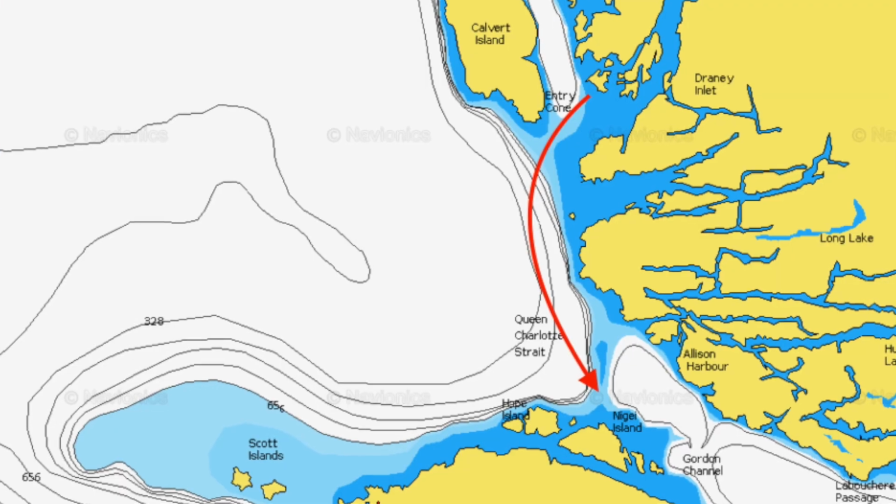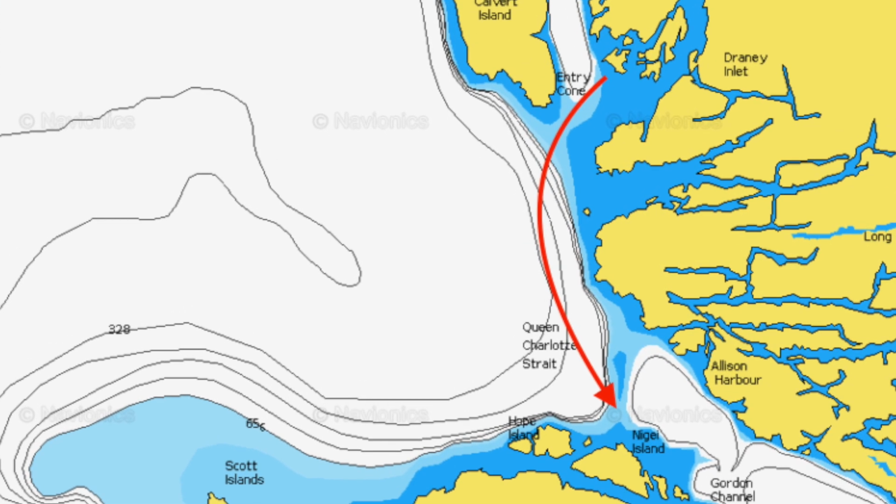This is one of the main cruxes of the whole Inside Passage, Cape Caution. It's probably the main crux that kind of freaks a lot of people out, and with good reason. You're totally exposed to the Pacific Ocean. There's a whole lot of overlapping currents, so there's currents piling out of Rivers Inlet, Smith Sound, and Fitz Hugh Sound, or flooding into it. And then same thing for Queen Charlotte Strait. So you can get really advanced sea states, or really exaggerated sea states from the wind, or from the current